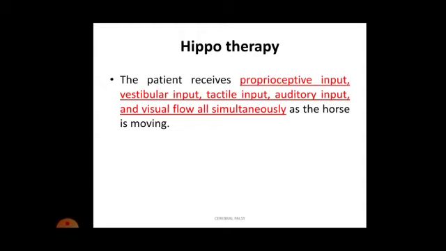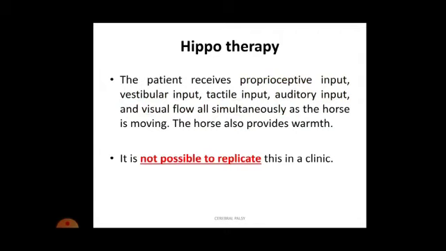In a car we are also moving, so our head is also moving in the horizontal direction, so that is vestibular input, clear? So all this we need together for day-to-day activity. It may be a horse, it may be a simple bicycle, or it may be a car, clear? So that will be helped by this hippotherapy. Now this hippotherapy is not possible in a clinical setup. Definitely you need a proper ground setup.